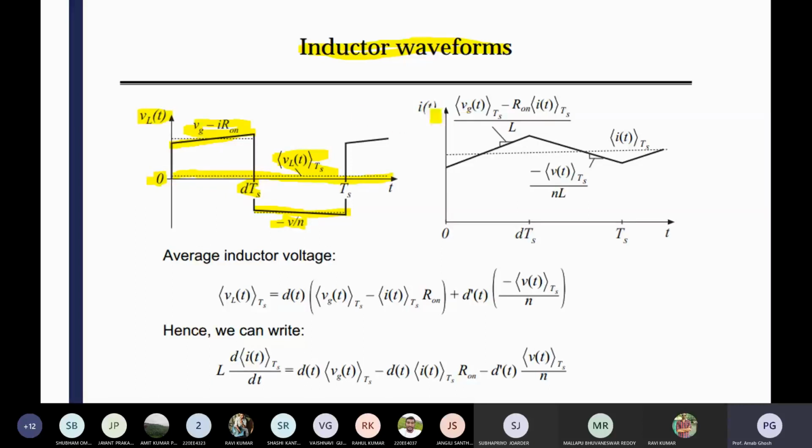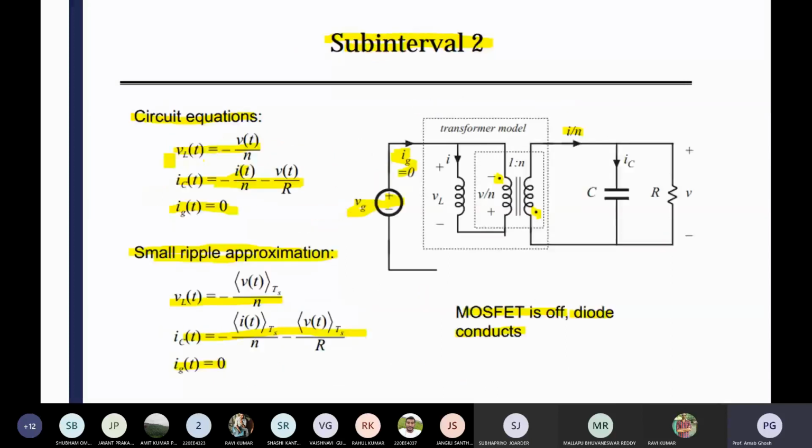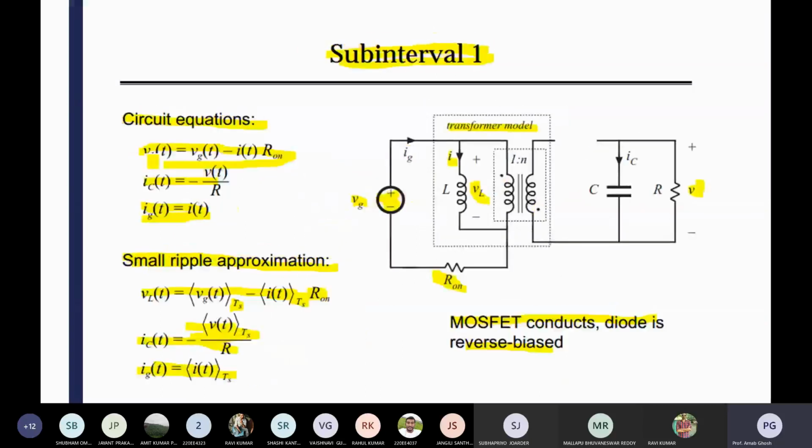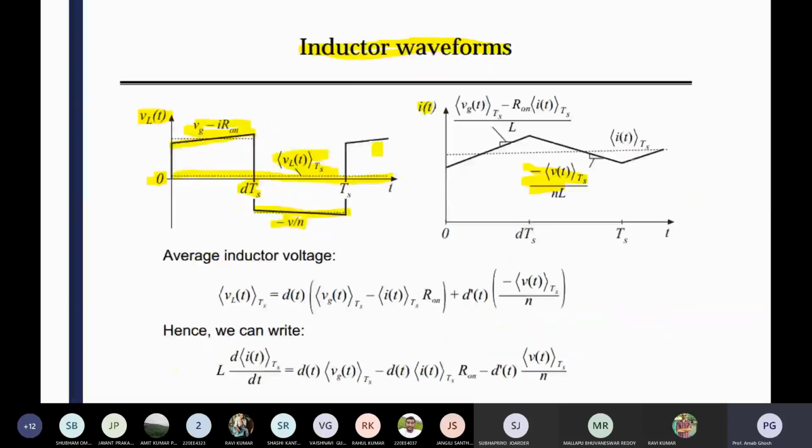Then for the inductor current, since you have the inductor voltage, you can replace VL with L diL/dt. So diL/dt equals 1 by L times Vt by N. This is for the off period equation, and for the on period equation, L diL/dt, so diL/dt equals Vg by L minus iL R1 divided by L. Vg you can average directly, and you write this equation after averaging. So these are your expressions for L.